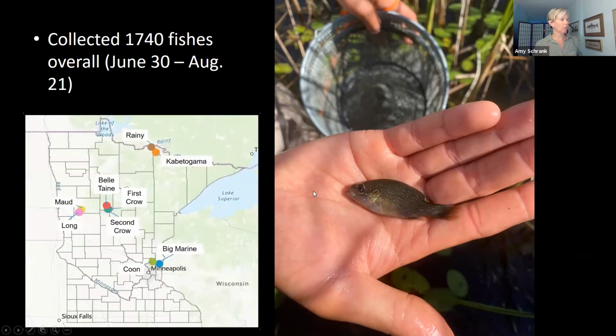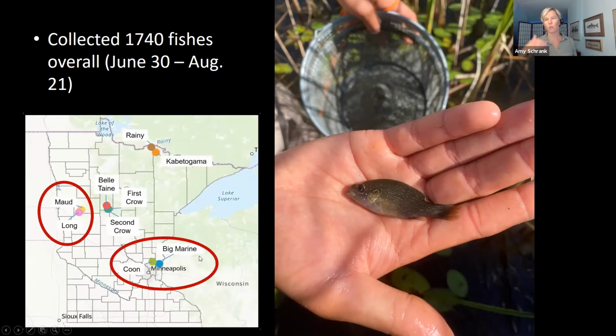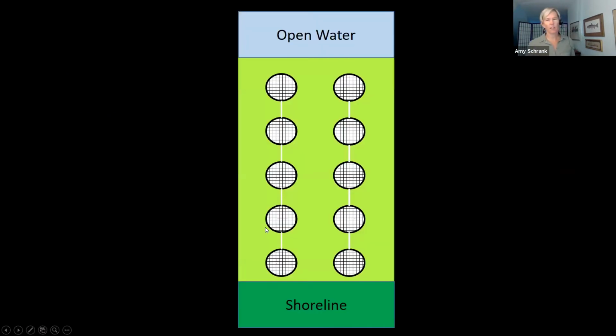And when we looked regionally at fish abundance, where they collected their highest number of species and most individuals, we're actually in these Twin Cities sites and these Western lakes. Remember, we're really not comparing fish regionally. What we're interested in is the removal within each lake, but it's just an interesting pattern we've seen so far. The other really interesting thing they're finding, that we have found before, is that what fish are there varies depending on how close you are to the shoreline.